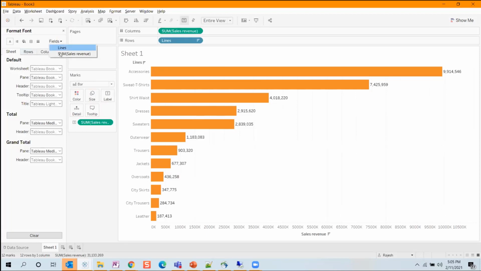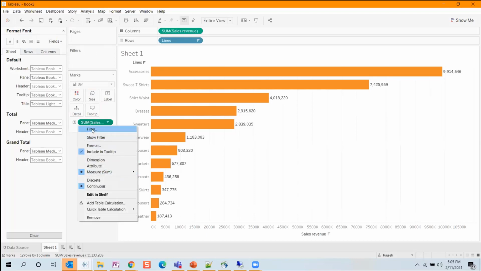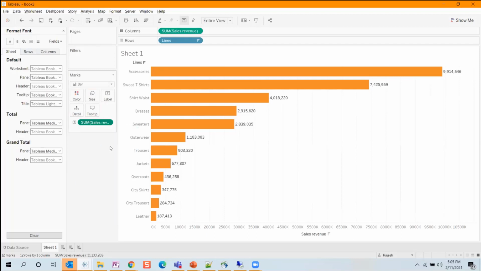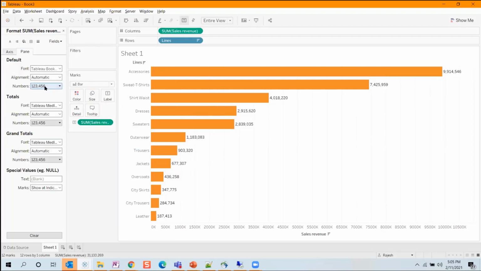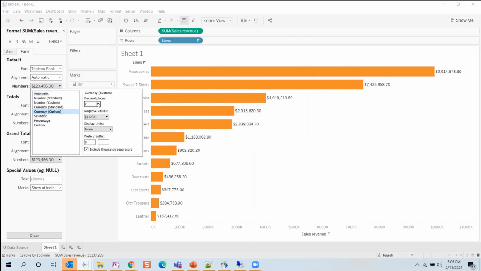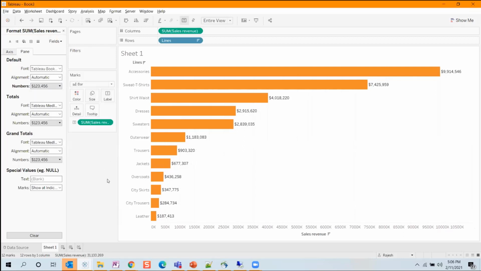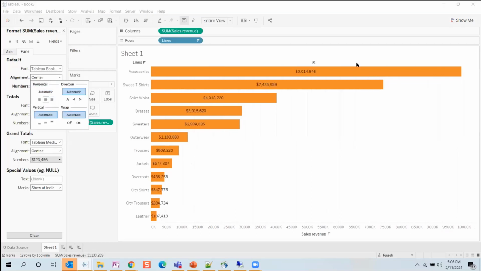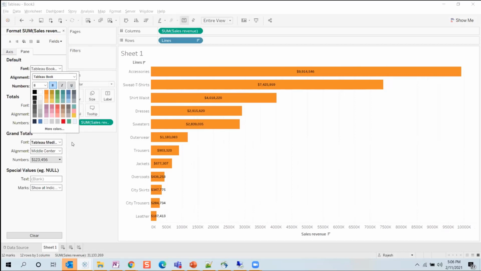And then here under the field section, I can format either my category lines or my measure itself, which is the same as me clicking on a particular measure over here, then going to the format. For example, if I want to display this as a currency, I can go here and I can change this, okay, make my currency this. And I don't want my alignment to be the end. If I want it in the middle, I click on the middle and it changes the alignment right away, middle top. So if I want to change the font size, you click on here and then you change the font